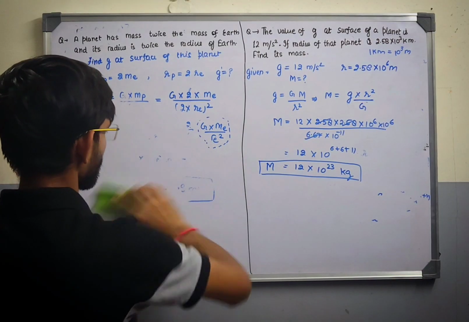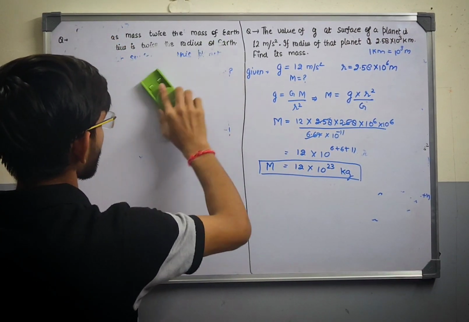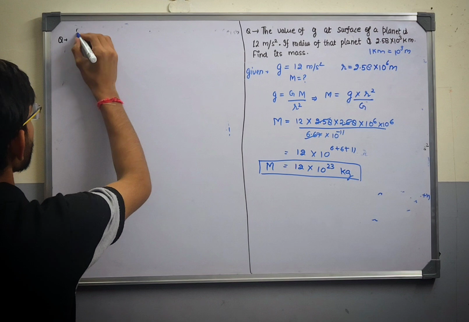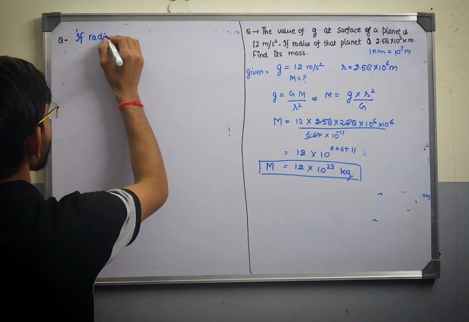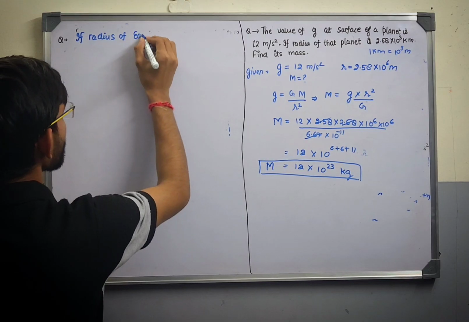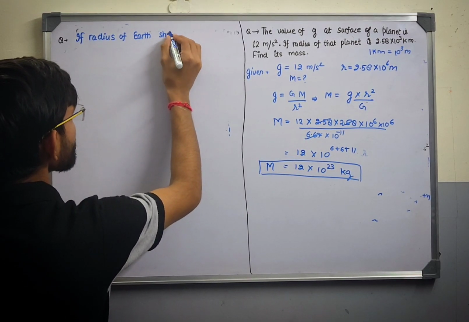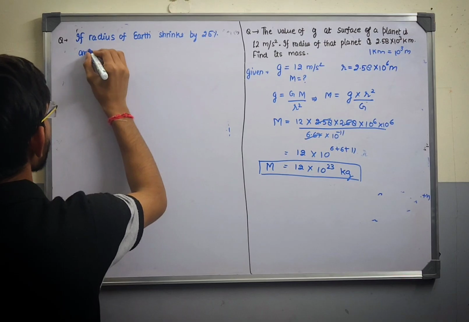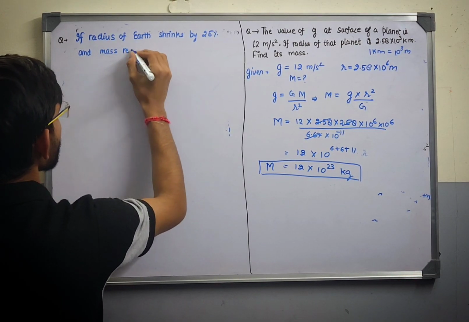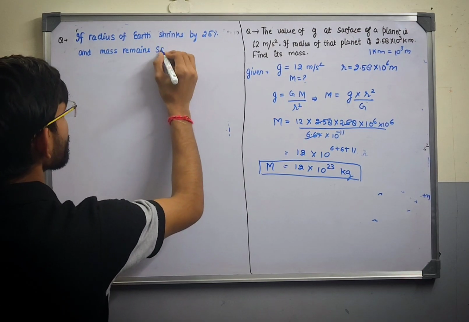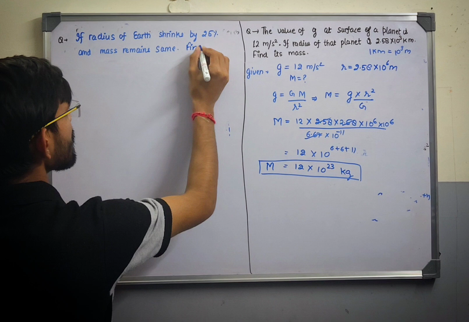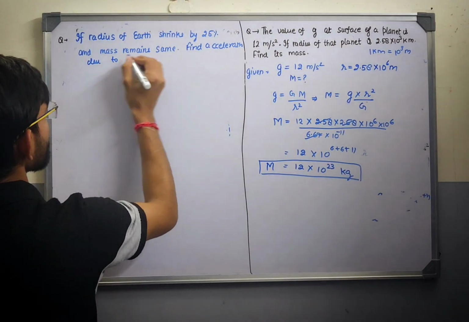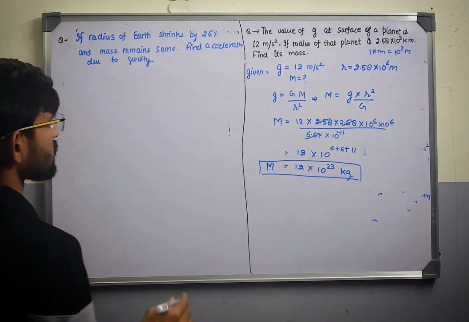Now we will take one more question. If the radius of Earth shrinks by 25% and mass remains the same, find acceleration due to gravity. So